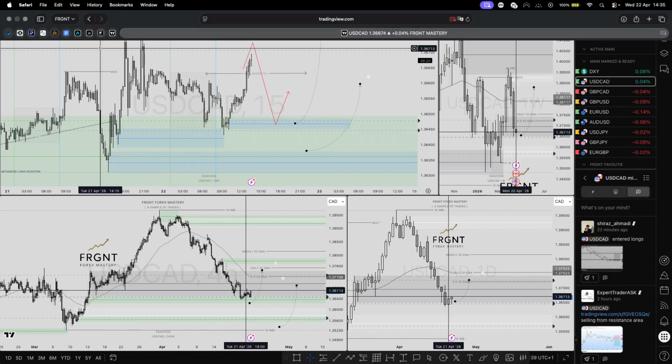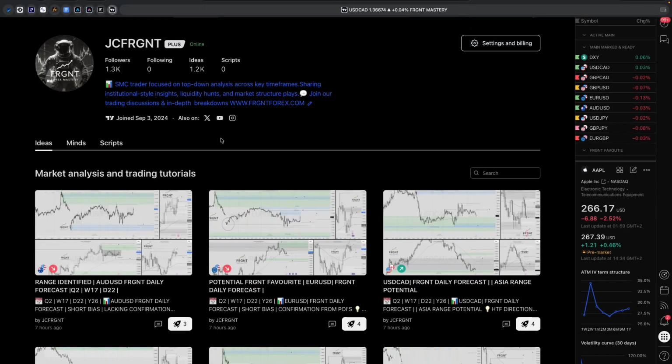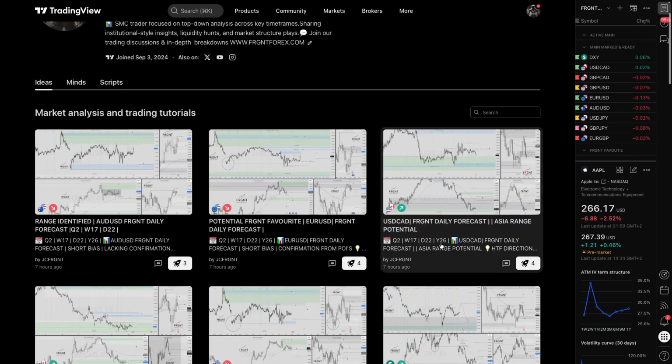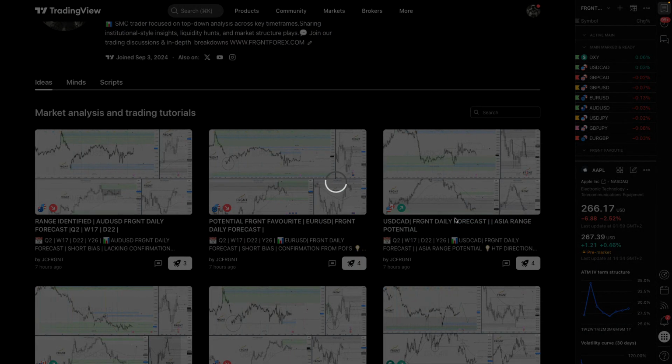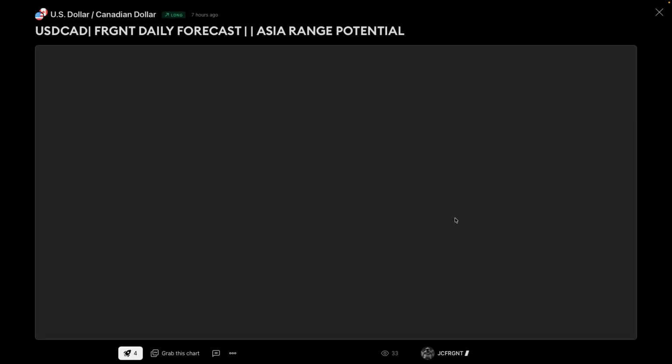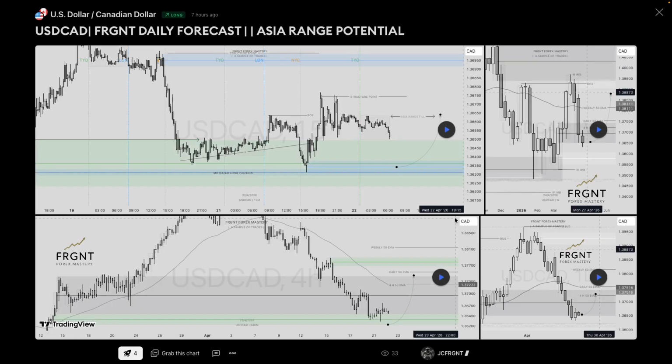Now let's go to my breakdowns this morning. US dollar CAD. Here we were 7 hours ago. How time flies. That's just sometimes how the cookie crumbles. You make your forecast, you await the setup. Great, the setup was there. But it's not just about the setup, right? It's about your entry criteria.